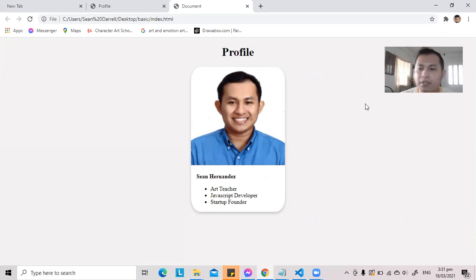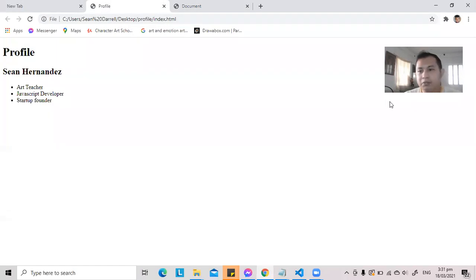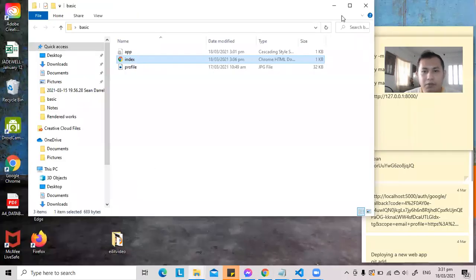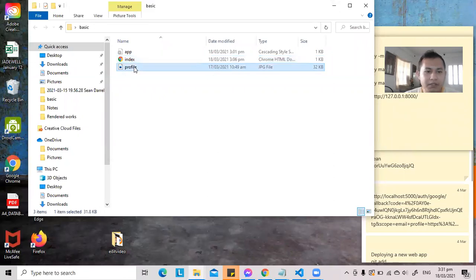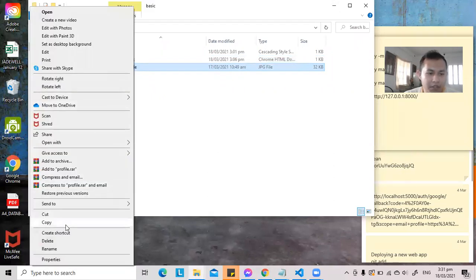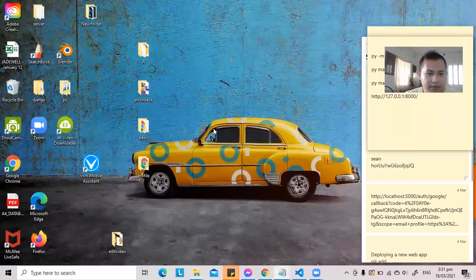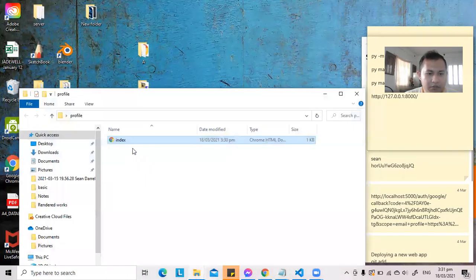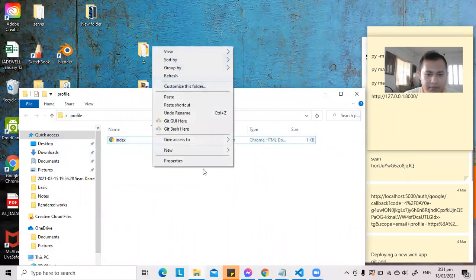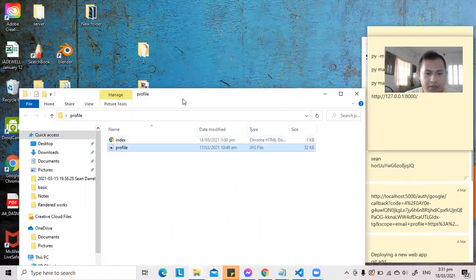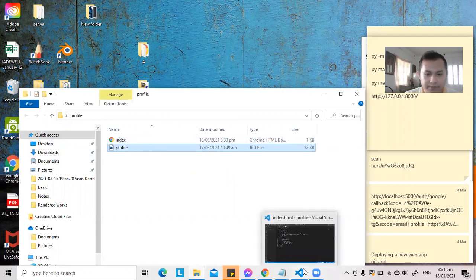So how do we put a picture in the web browser? How do we put a picture here? So what we do is we just copy this picture, and we go to this profile, paste,